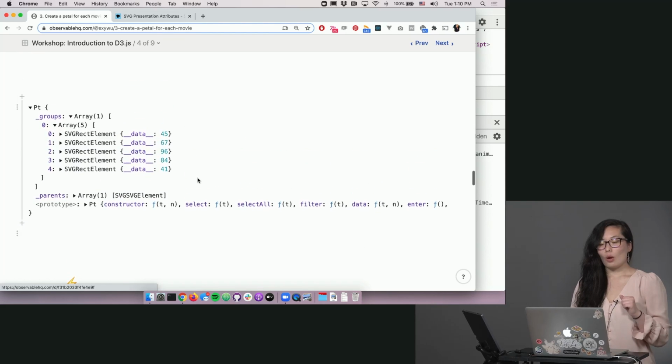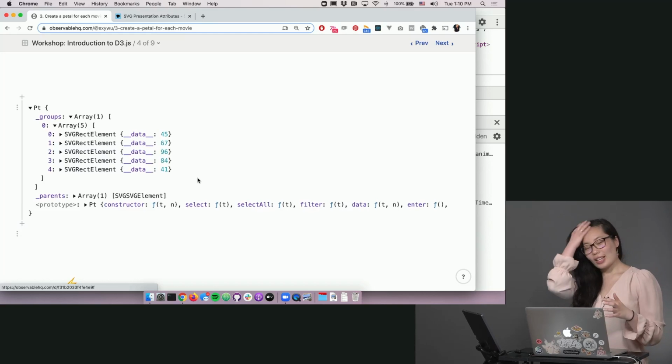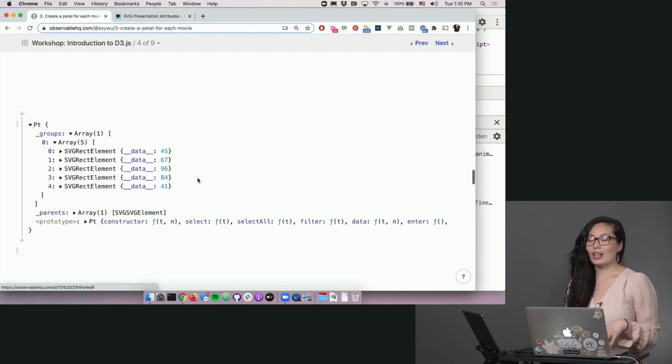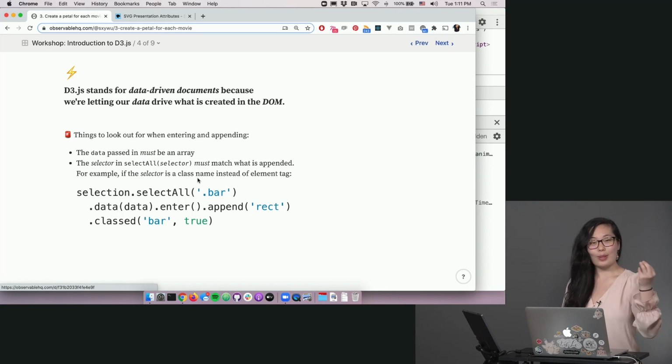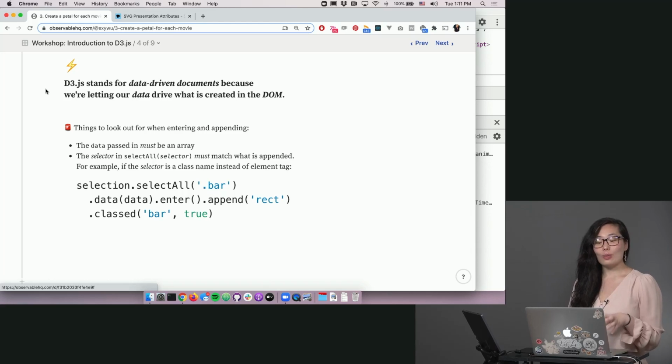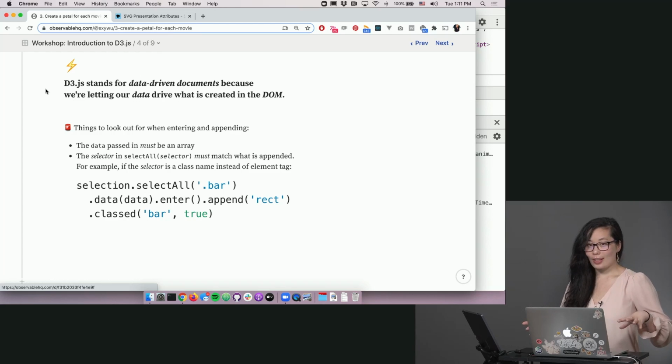And so this is one of the first big key concepts, the lightning bolt key concept, which is that D3 stands for data-driven documents because we're letting our data drive what is created in the DOM. And this is, if you take nothing away today, please take this one away. In D3, we